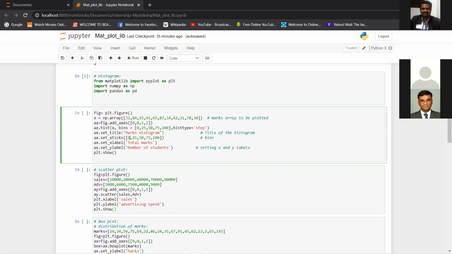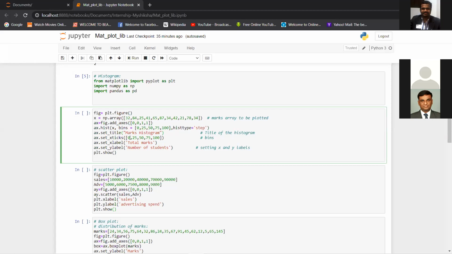So 0 to 10 is a class, 10 to 20 is a class. So you divide classes based on the class interval, right? So if there are values between 0 to 100, you can have 10 classes like 0 to 10, 10 to 20, 20 to 30, right? That makes the visual very easy.